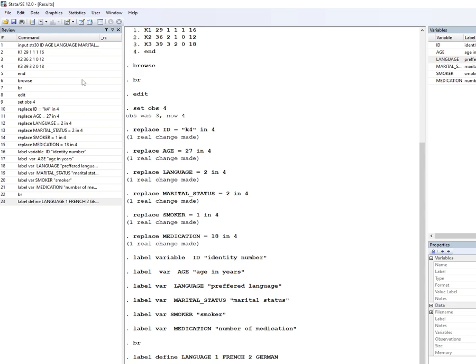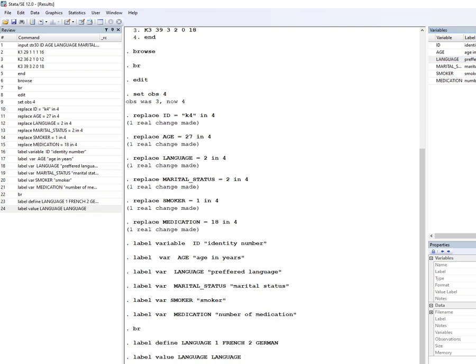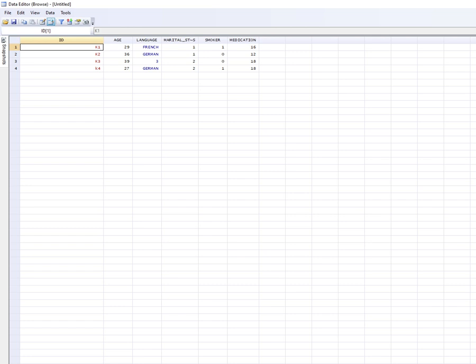I'll execute that. So as long as you're not getting any errors on your review window, then you know you're on the right track. So we said label define, and then the second function we'll use is label values. And with label values, we're just saying language. So what it means here is we don't want to make changes to the variable name language. So we're just saying let language remain to be language. I'll execute that, and if I browse,